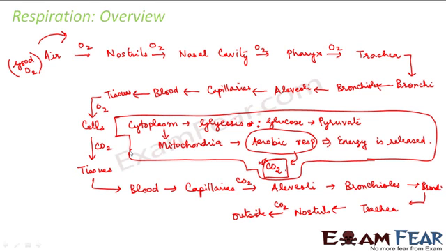Now, lungs always have some residual volume of air so that there is sufficient time for oxygen to be absorbed and the carbon dioxide to be released, because at no point of time should lungs be running short of air. So they should always have some air. So that is why they always have a residual volume of air. That means an extra volume of air which is always present in the lungs, so that during the time taken for oxygen to be absorbed or for the carbon dioxide to be released, the lungs also have some air in them.